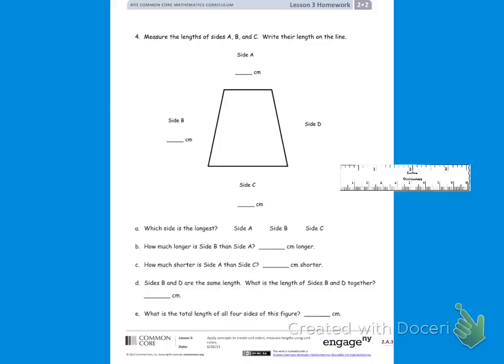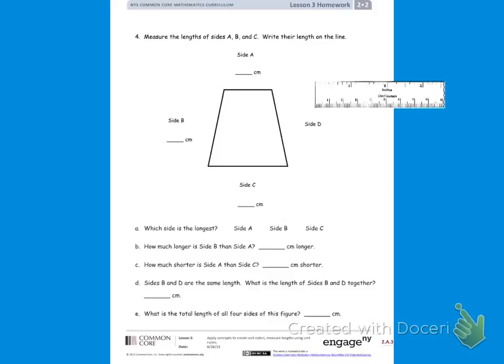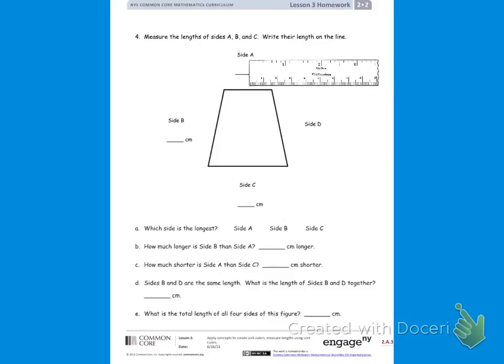In order to find the answer for side A, I will move the ruler and line it up with the lines. The top of my ruler is inches and the bottom of my ruler is centimeters, as noted on the ruler. I have lined my ruler up with the top side A of the figure. Notice the number for the spot where the last line is right here